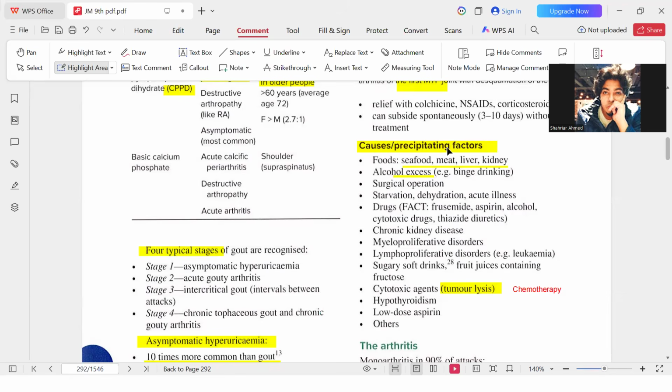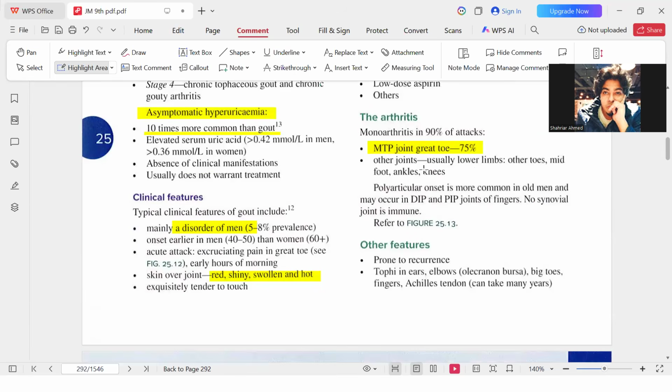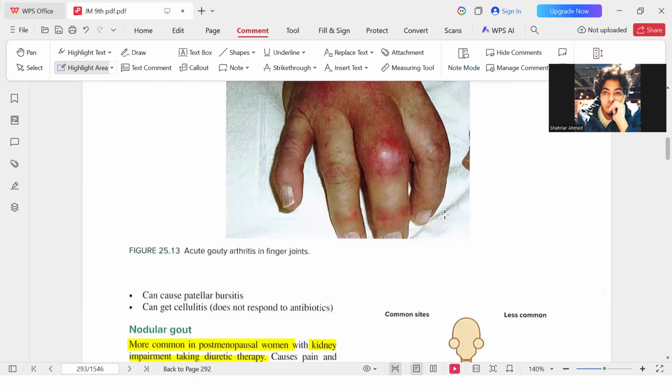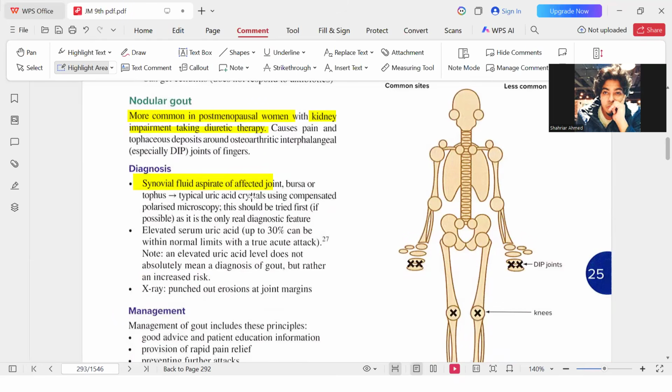Is it possible, guys, that gout in long term can cause kidney problems? True or false? Answer is true. It can cause problems in the kidneys in long term. So in 75% of cases, gout is common in grade 2. In some cases it can be on the ankles. It can also cause deformity. It can also cause needle.